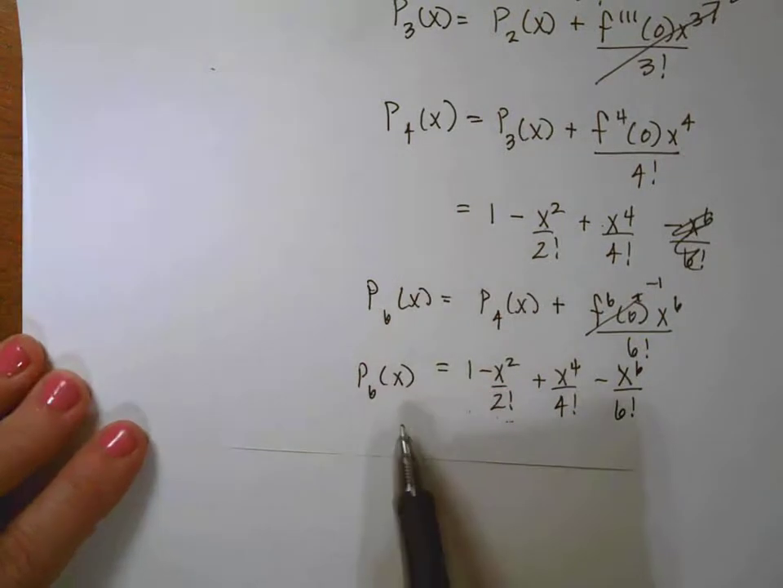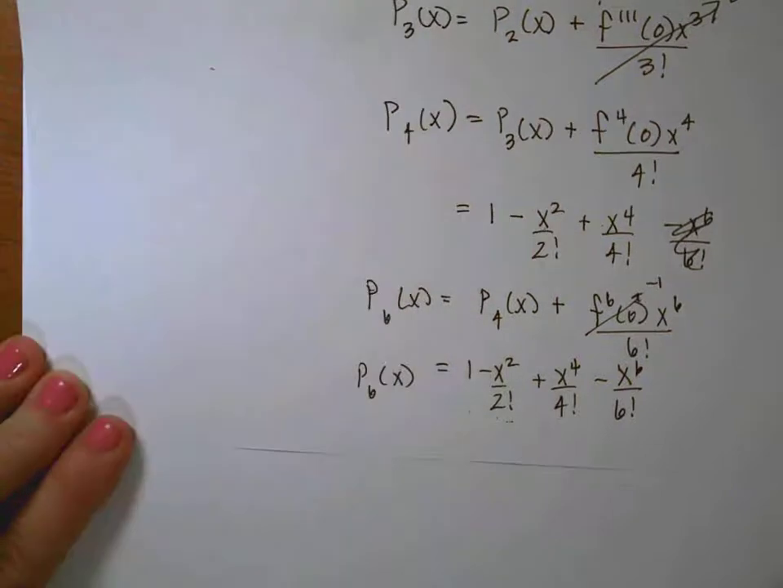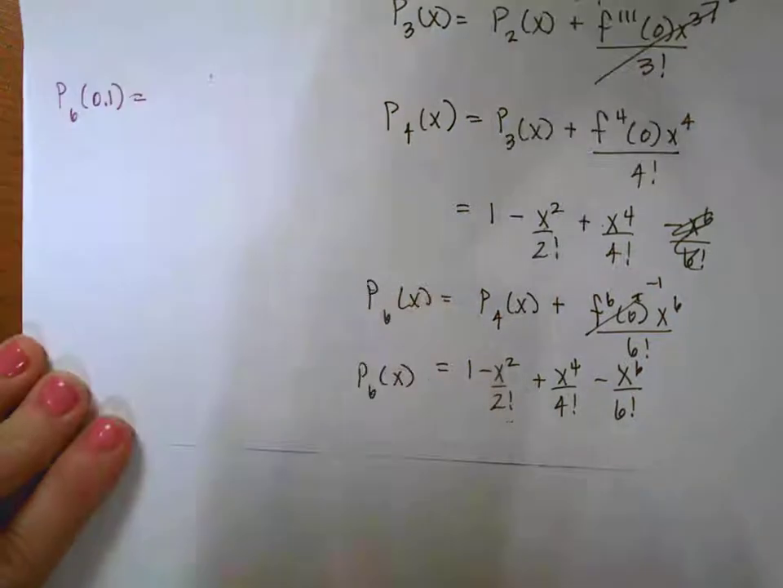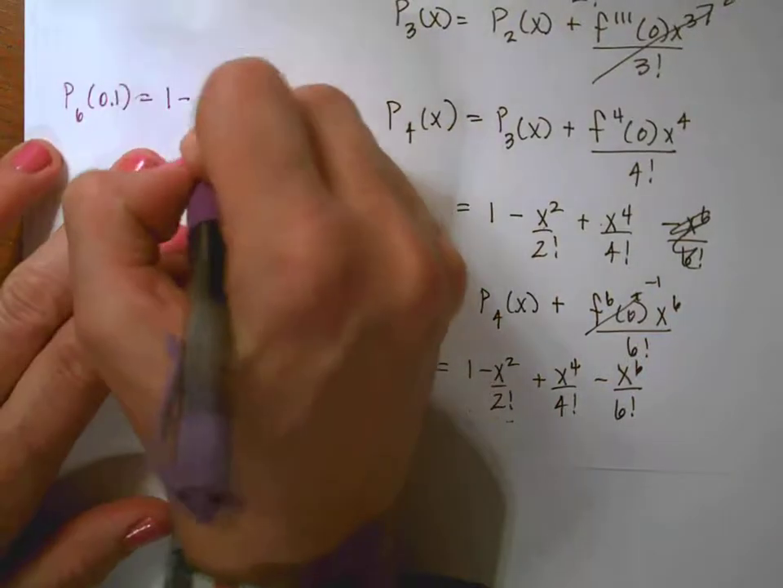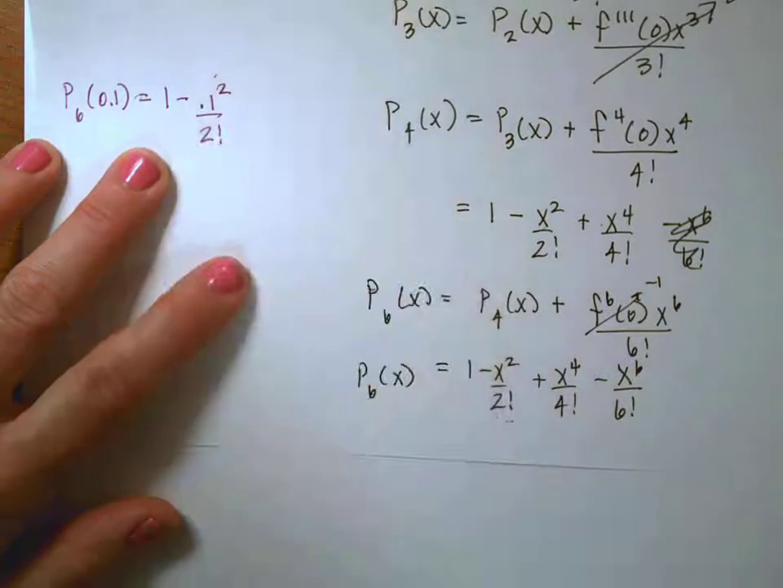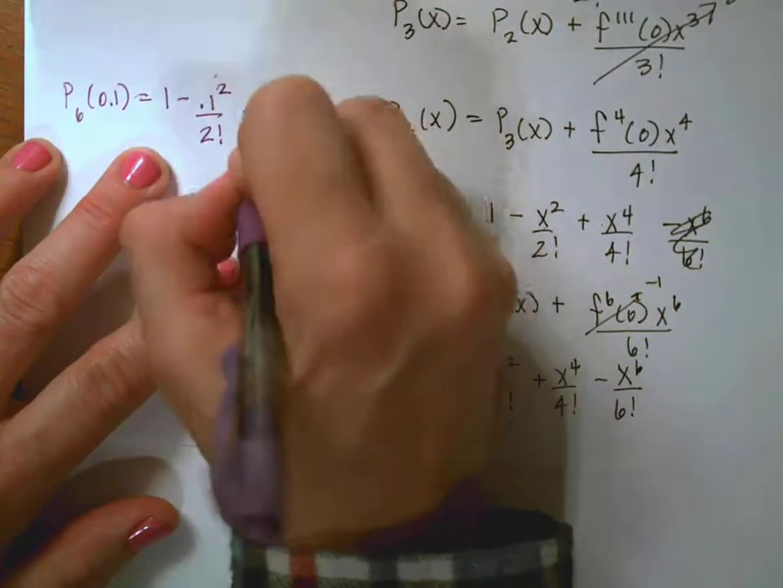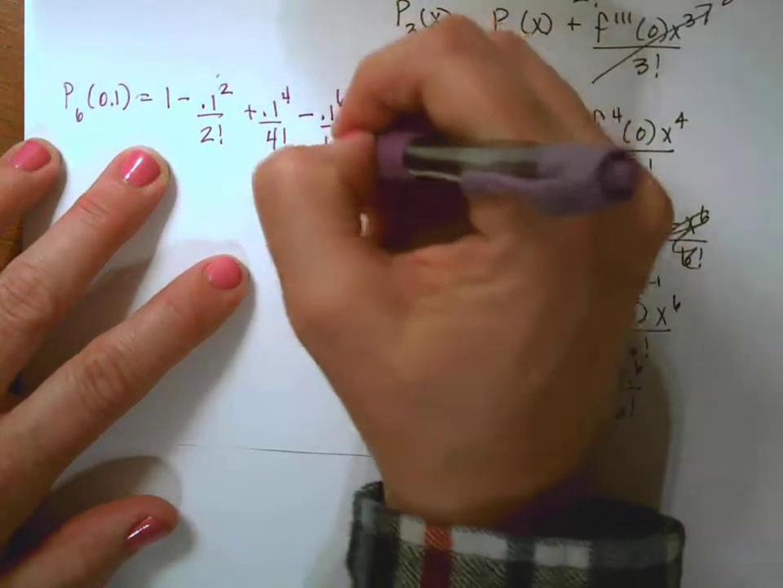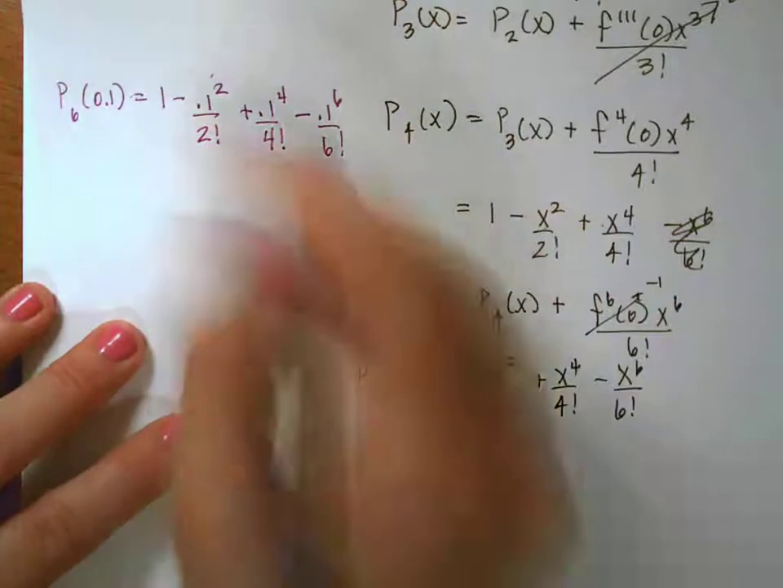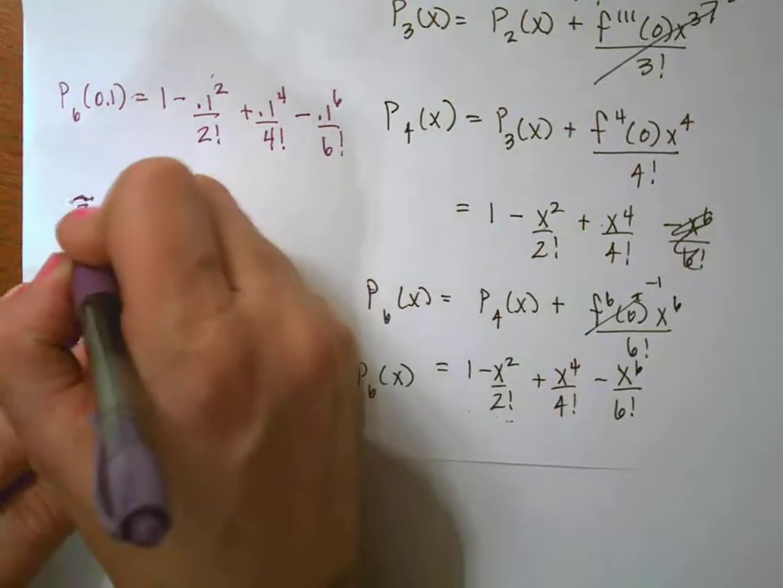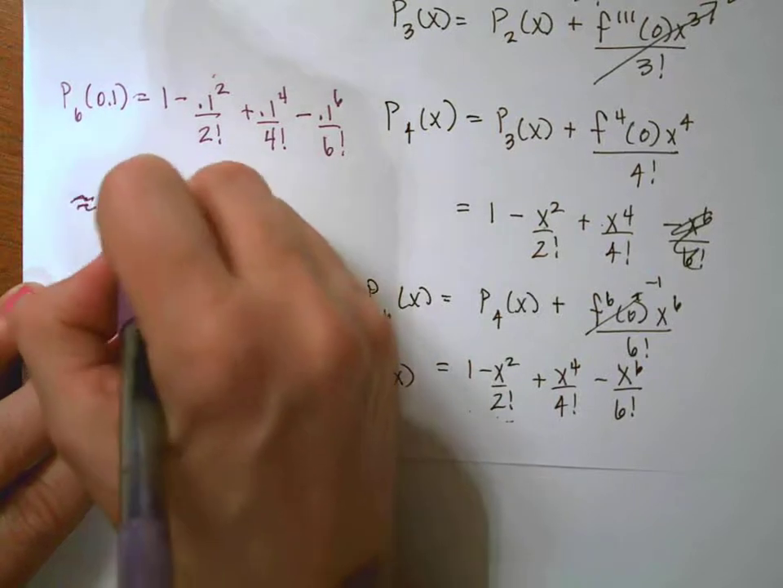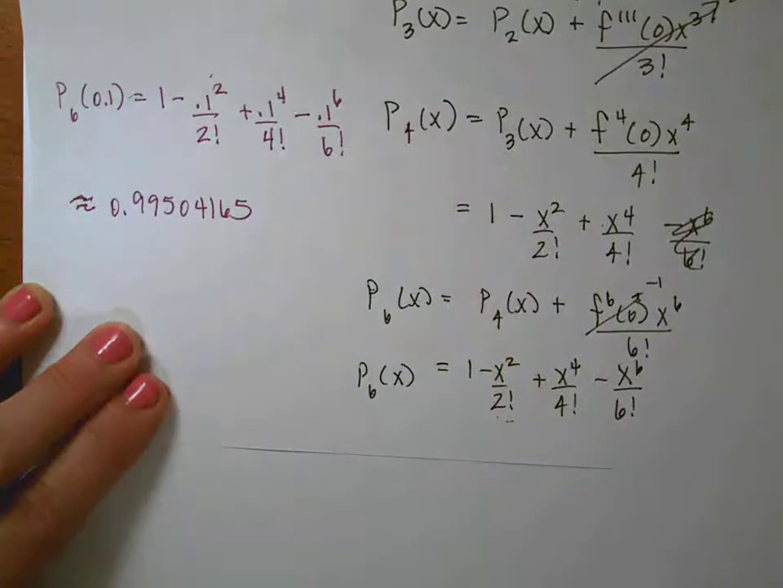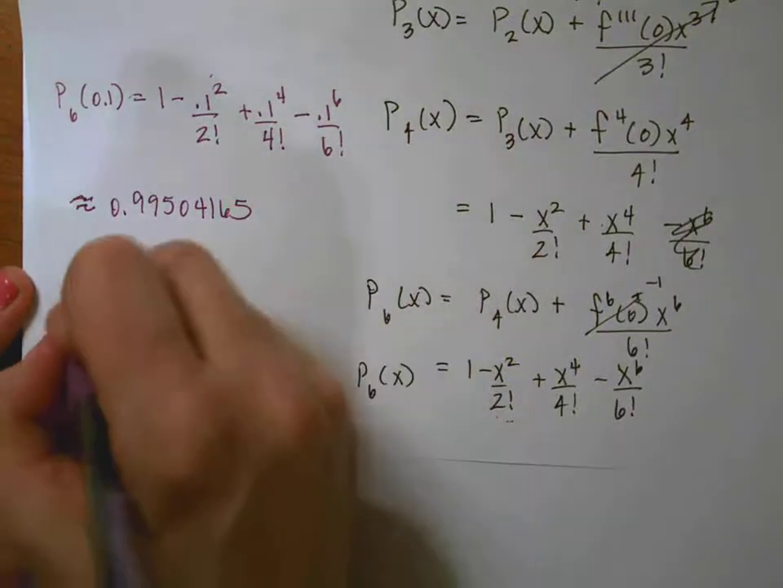So now that I can stay on the same page, I'm going to use this to approximate the cosine of 0.1. So now I'm going to do that up here. Let's do it in another color. So if I evaluate p6 at 0.1, I would get 1 minus 0.1 squared over 2 factorial plus 0.1 to the 4th over 4 factorial minus 0.1 to the 6th over 6 factorial. And if you do this math in your handy-dandy grapher, you would get, and I'm going to write down all of the decimal places,